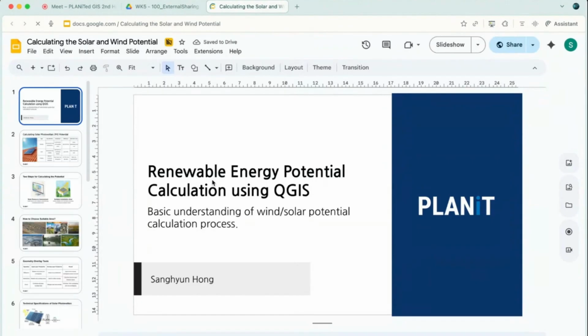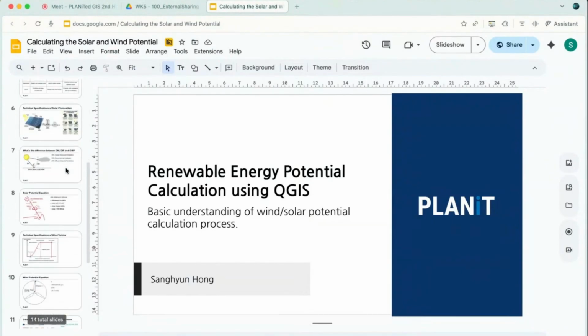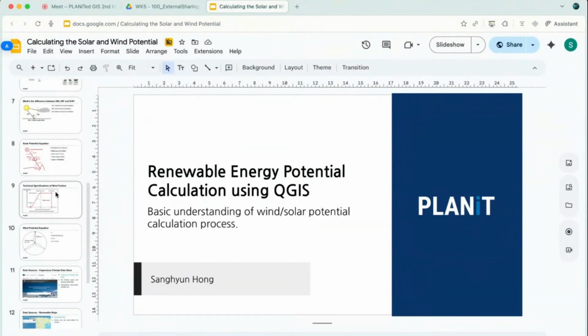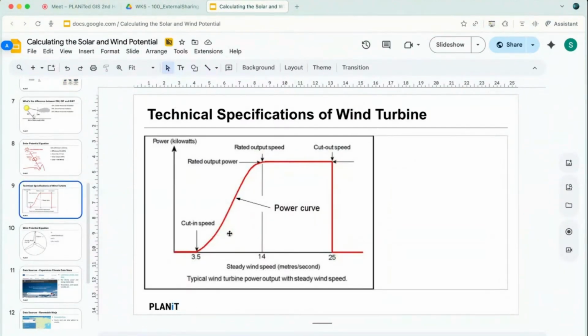So we actually studied how to calculate the wind potential, right? If you go down a little, this is called the power curve, for those people who didn't attend the lecture. This is lecture 5, the power curve. The x-axis is wind speed and the y-axis is power, actually kilowatt, not kilowatt hour, because this is power, not energy. When we have power every single moment maintained for about an hour, then it becomes kilowatt hours, and